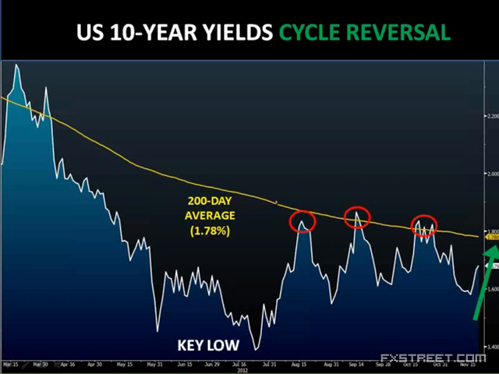Now, you have to keep in mind what that means. If we do get a breakout of US 10-year yields above the 200-week average, what that means for the economy in terms of borrowing costs rising. What does it mean for your mortgages? What does it mean for just general economic growth? But also, what does it mean for currency world? So in terms of the US dollar, is that likely to increase the return on US dollar and the carry on US dollar being weaker than usual because of this? What is this likely to mean?